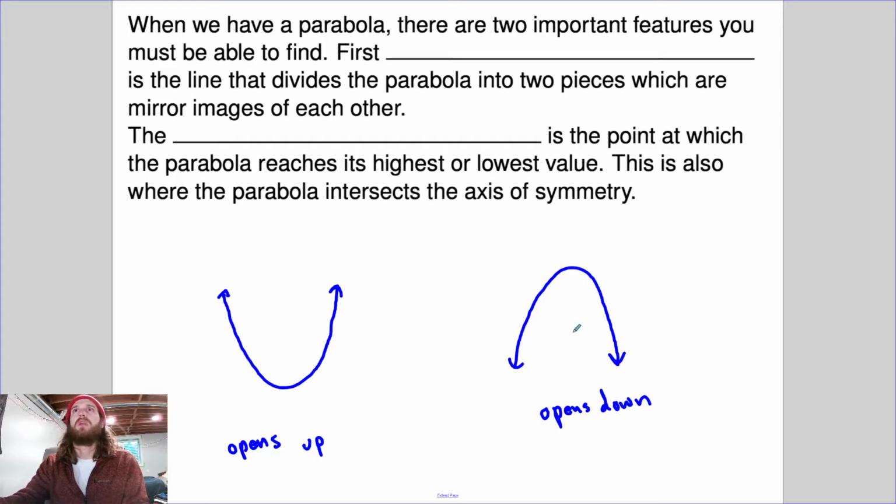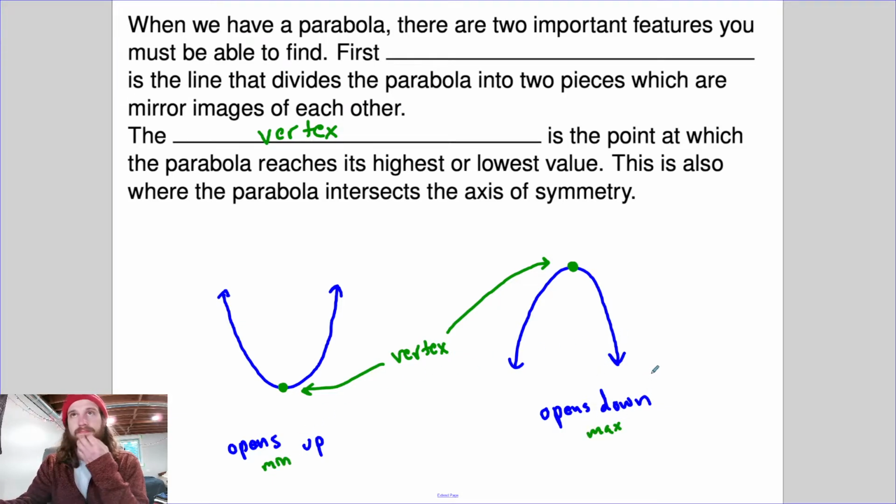This opens down. So the two pieces of quadratics are the two parts that are important to us. The first of which is this maximum or minimum value, the point where it reaches the highest or lowest value. This is called the vertex. So the vertex is the point that is a maximum or a minimum for each parabola. If it opens up, you will always have a minimum, and if it opens down, you will always have